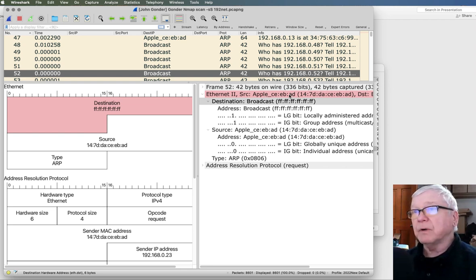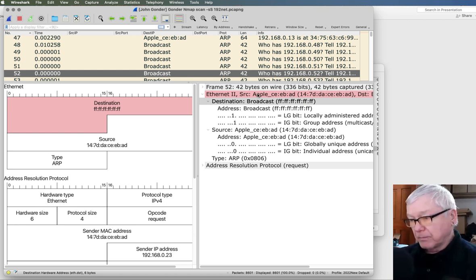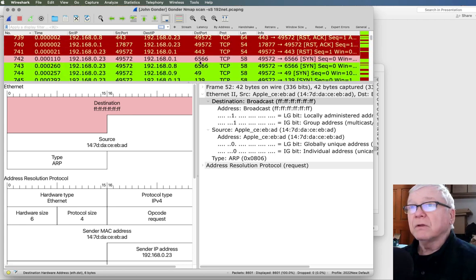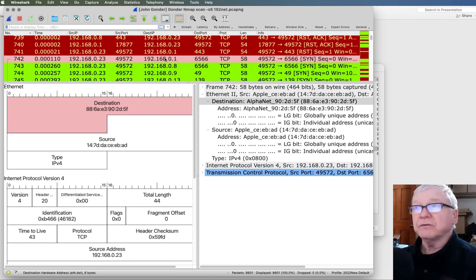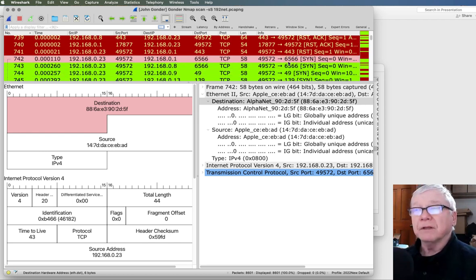That's the same media access control address we saw before. That's my Mac Mini here. So there were ARPs coming out from that scan, and then farther along, we started to see SYN requests from there to .1, looking for port number 6566. That's interesting.